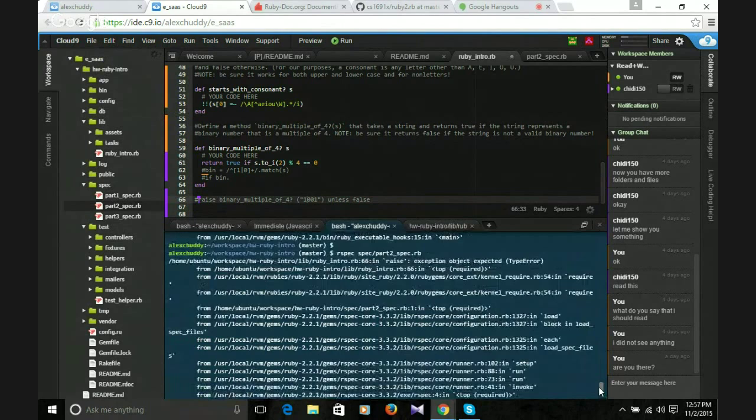You know what the problem is? I'm trying to find out what the type error is. Type error. Expected exception objects. Type error. Return true if